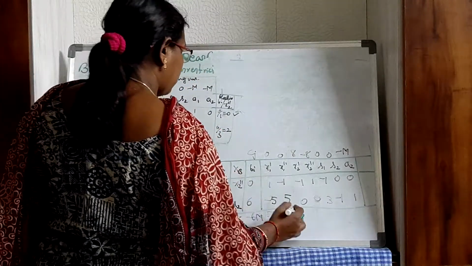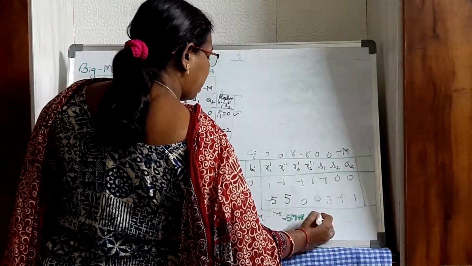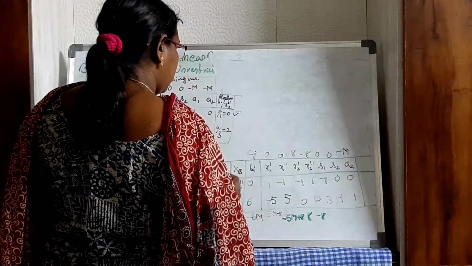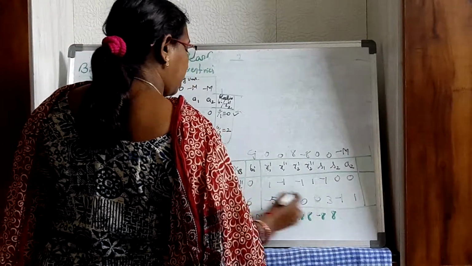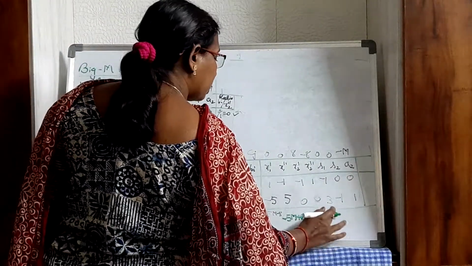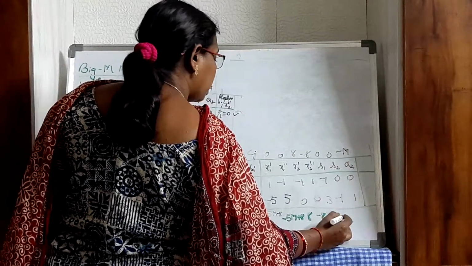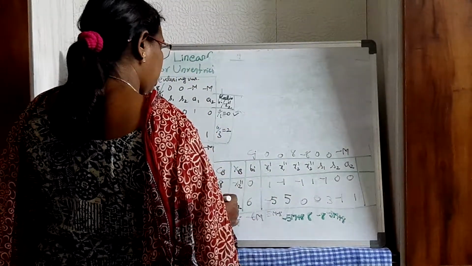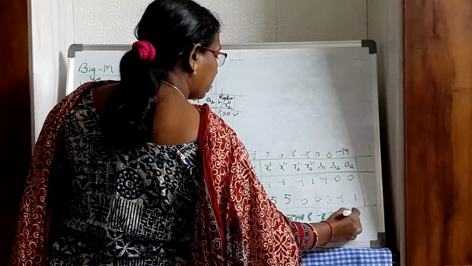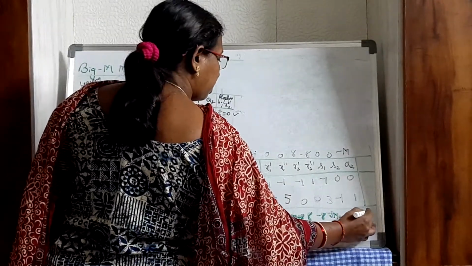Minus 8 into minus 1 is 8 because you have 0 term here. This will be minus 8. Here you will have 8. 8 minus 3m, so I'll write this as minus 3m plus 8. Then this is 0, this is m. This is 0 and this is minus m.